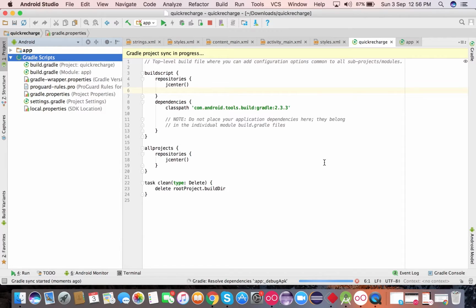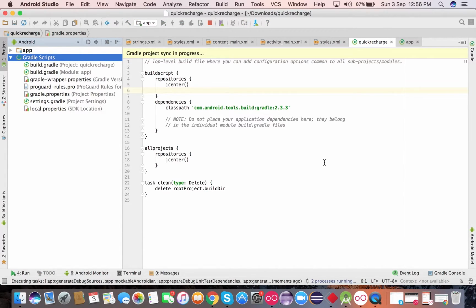In this way, it's the best way to add the services, and it took me a while to search and locate the procedure, and it was there on Stack Overflow, and I thought it will help someone who is in need. So I have done this Gradle sync. I mean, I have done this video, and do subscribe.